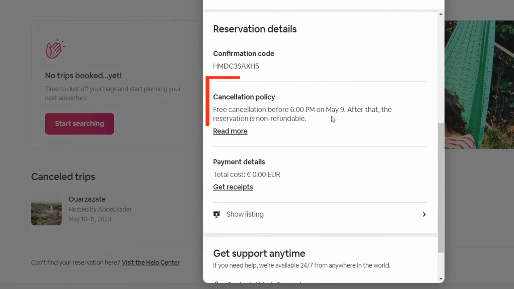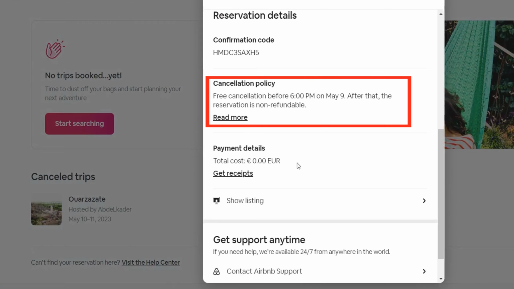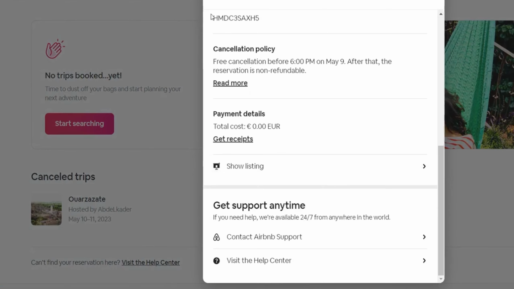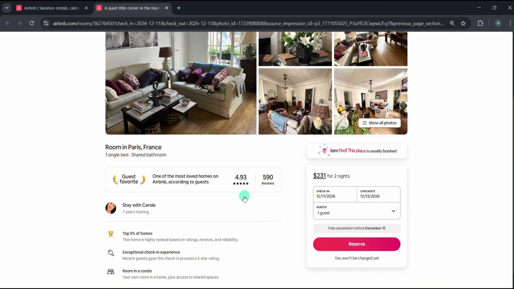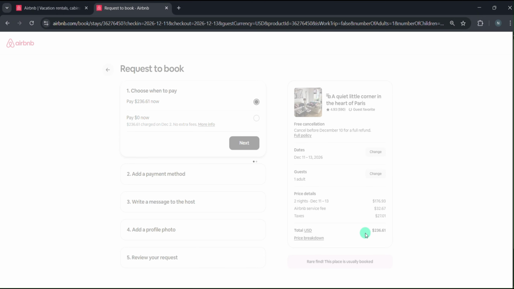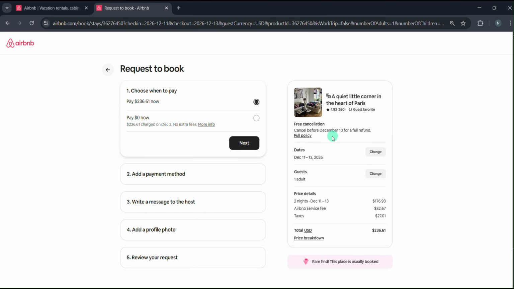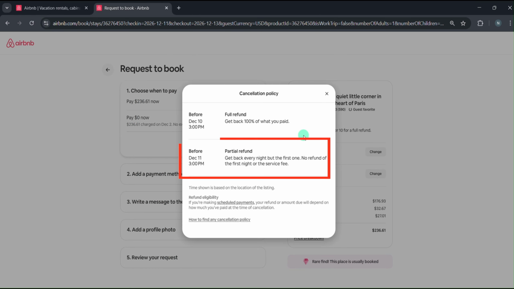The reason you might be seeing a partial refund instead of a full one is all about the time you are in. Most hosts have a specific date for a free cancellation. If you have passed that certain date or duration mentioned in the policy, you have entered the partial refund session. For example, if you are within 7 days of check-in on a strict policy, the system will automatically calculate